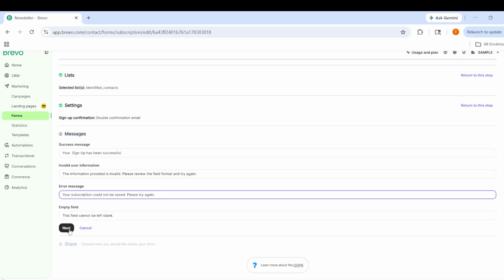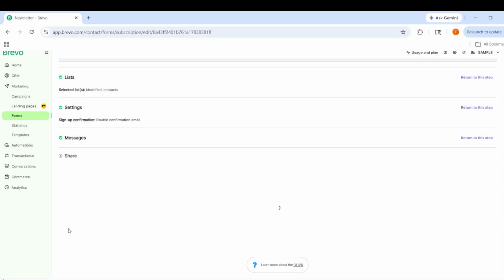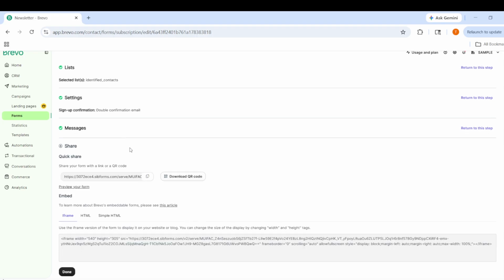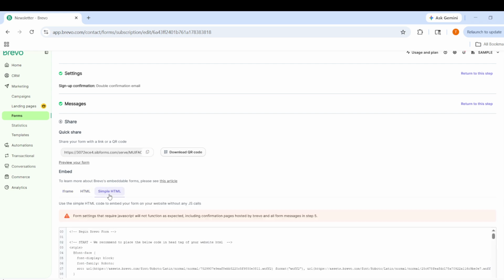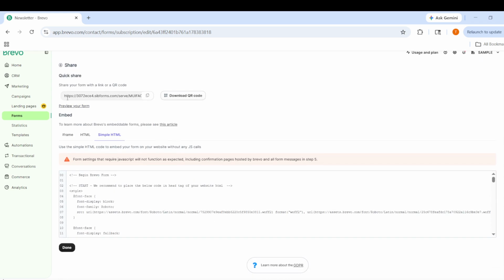When you are satisfied with the success behavior, you will finish the setup by clicking Done or Save. This action will generate what you need to publish the sign-up form. Depending on your setup and how you plan to place the form, Brevo will provide a shareable link or an embed code. Finally, copy the shareable link or the embed code and use it wherever you want your newsletter sign-up